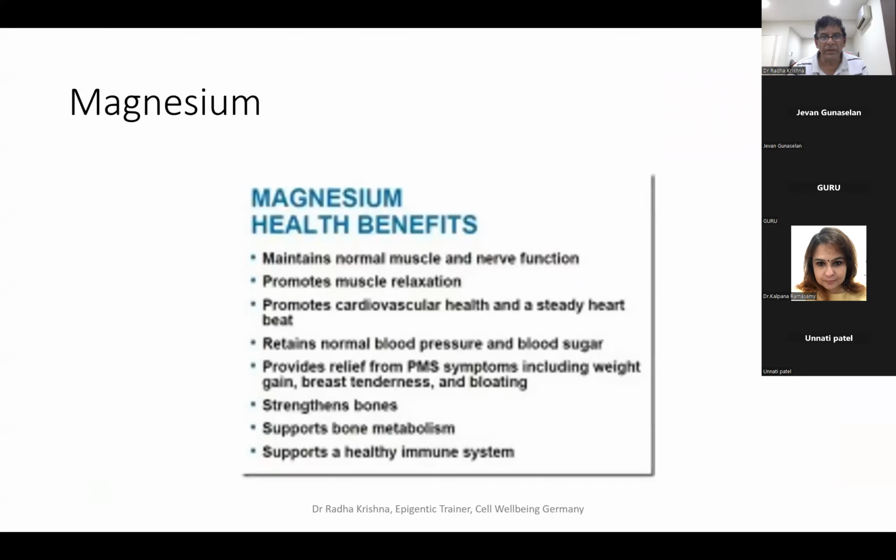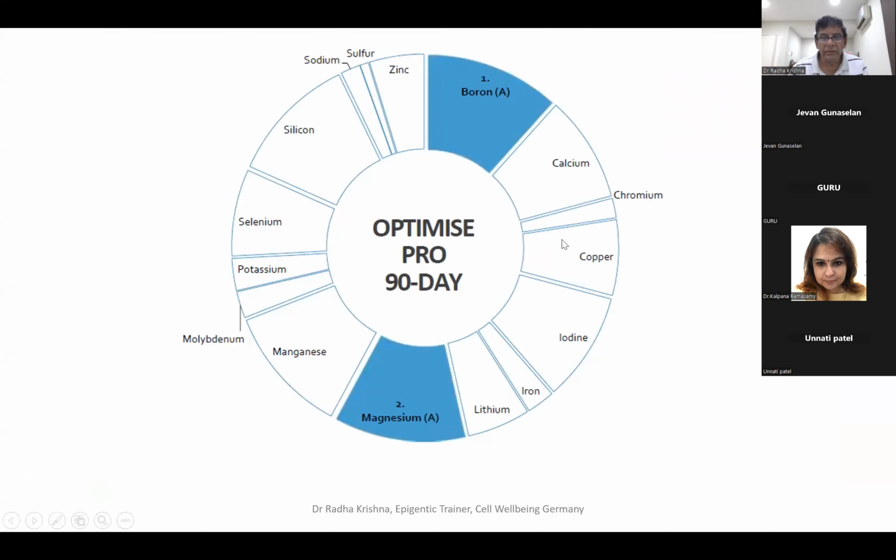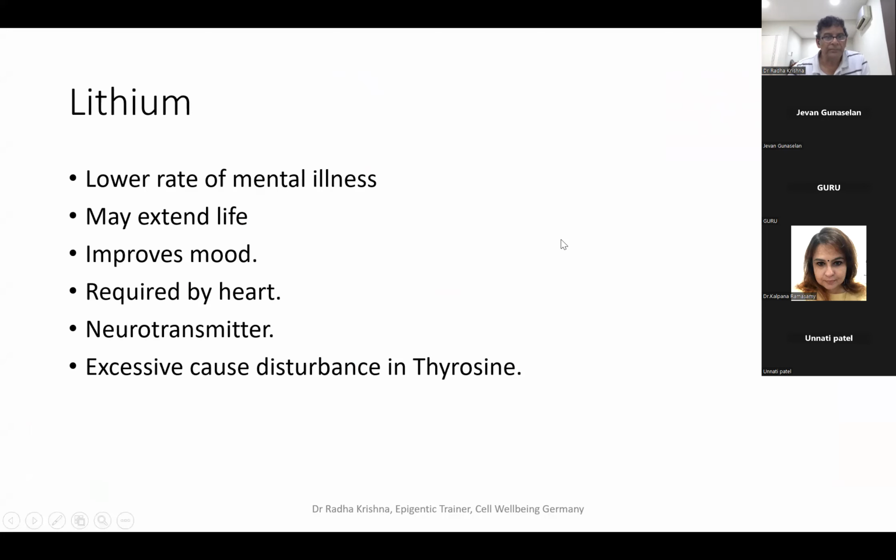The next one will be lithium. If you find lithium, it also means, lithium is used for mental diseases. But they found, in a study on Drosophila insects, that it extends life. Okay, so